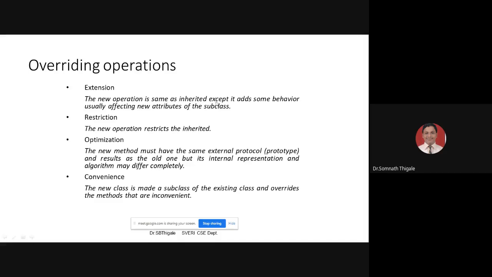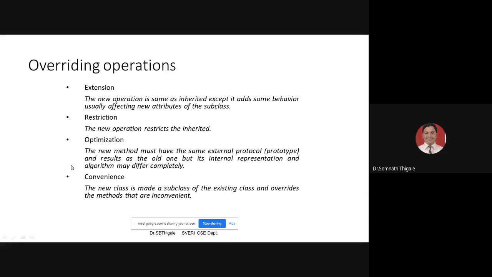You write it the same as inherited. So you can take the properties of its superclass or base class to the child class. It comes as it is when we write this extend. A restriction means we will have some properties, but all properties may not be available. So some restrictions will be applied from the parent class to the child class.